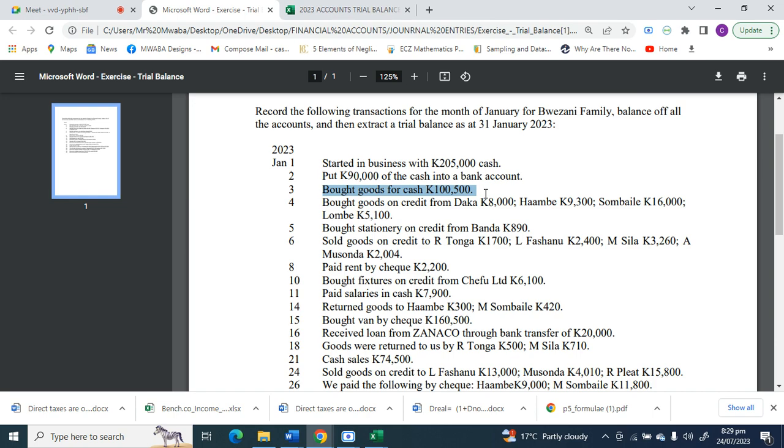Cash is an asset, and for a reduction in an asset you credit. And then you also open these two accounts, because as you are doing this journal entry,